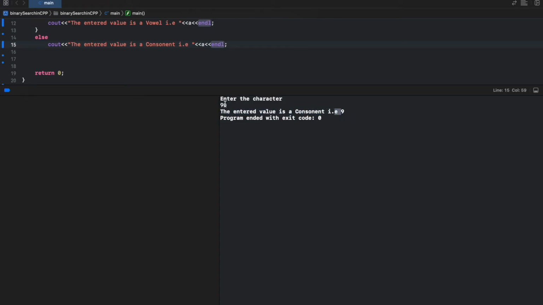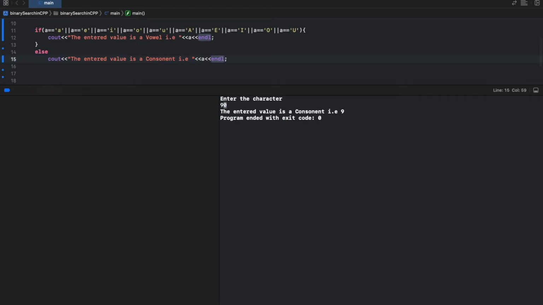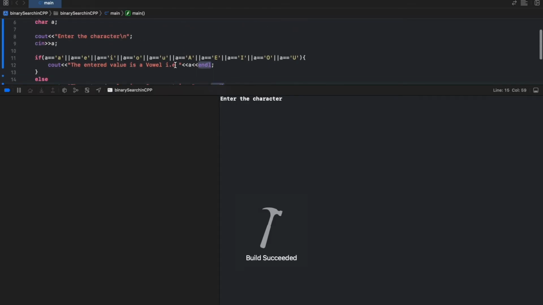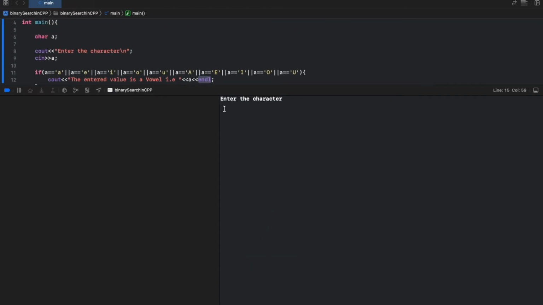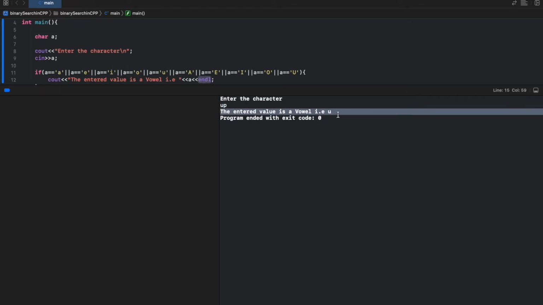It is not checking the remaining values because character only takes one value, right? So it will ignore the remaining values. If I write UP, then you can see it is taking the value of U and ignoring the value of P,